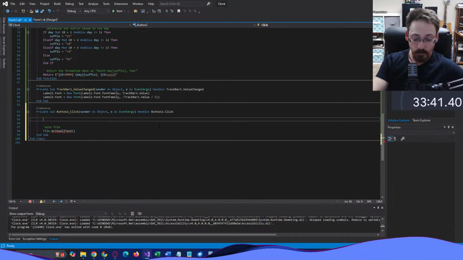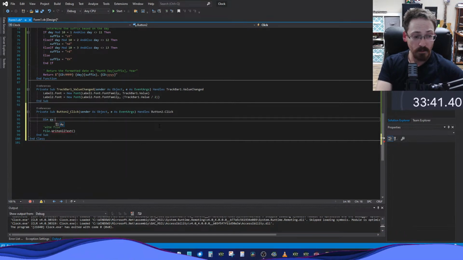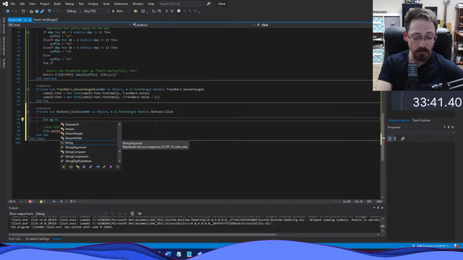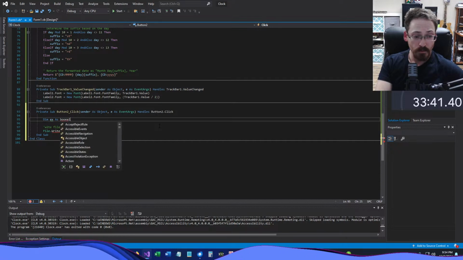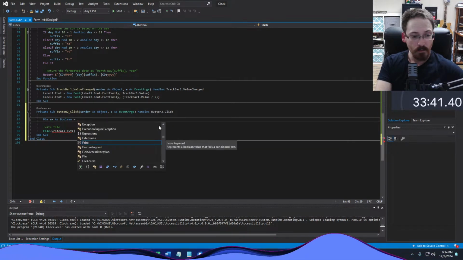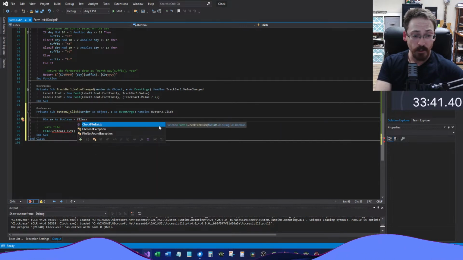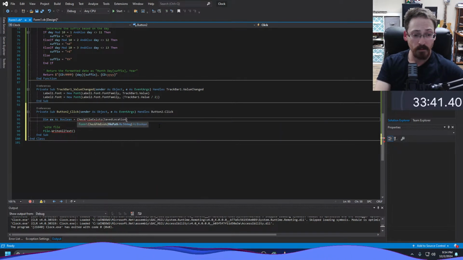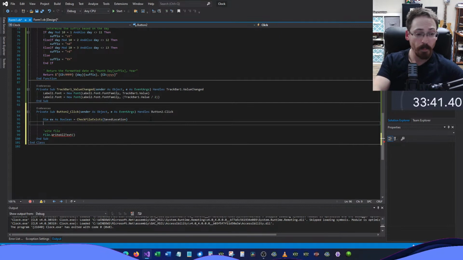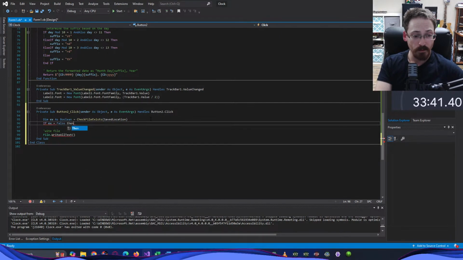We are going to dim ex as boolean, however you say that, equals file exists, check if file exists, and save location. If equals false, then